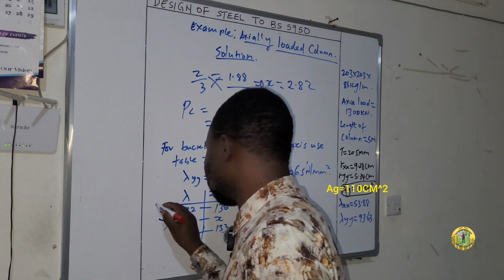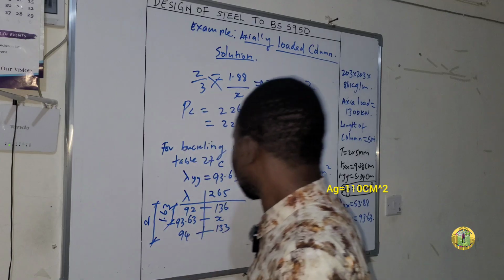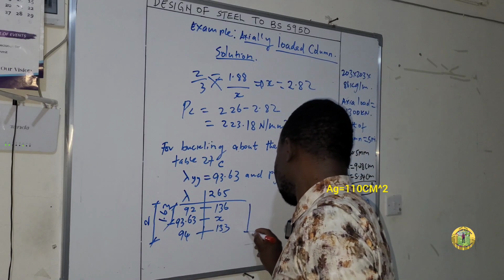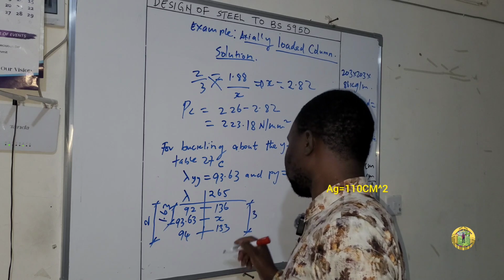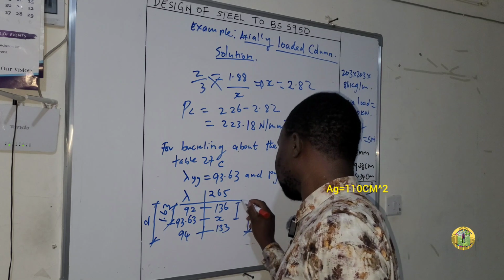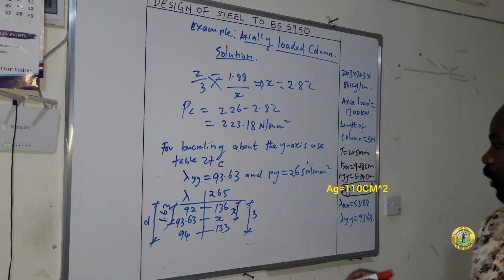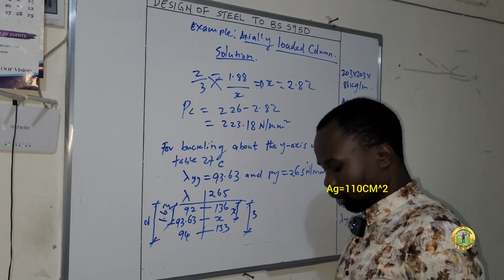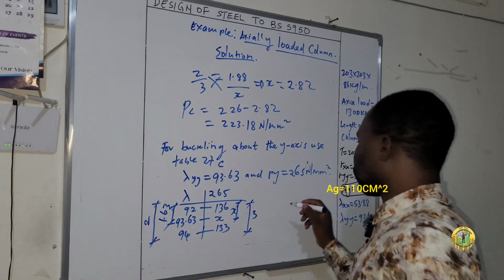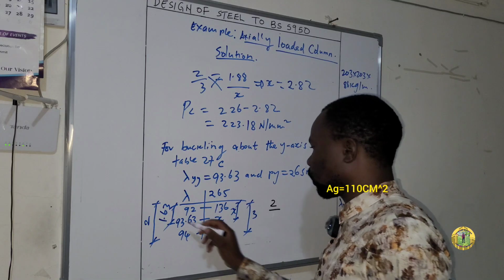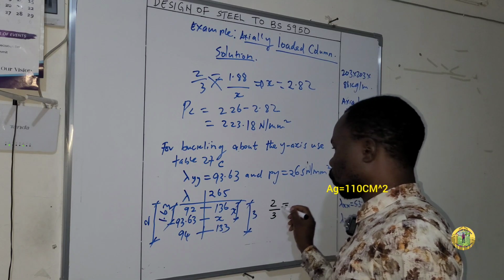Then the difference between 92 and 94 is 2. Again here, 136 and 133, this is 3. And here we assume is x. So we will do the comparison. We have 2 over 3 is equal to